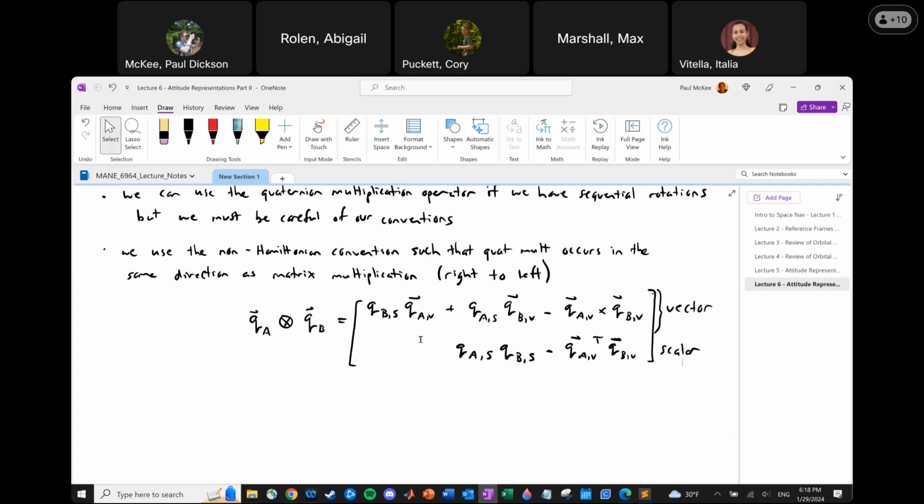I recommend if you ever write a function in MATLAB or Python to pass around quaternions, you actually pass around the scalar part and the vector part as two different elements, or you create a struct, q.s and q.v, something like that. Passing it around as four numbers is asking for trouble. That's my recommendation. That's also how flight code does it at NASA. Because we've defined multiplication this way,